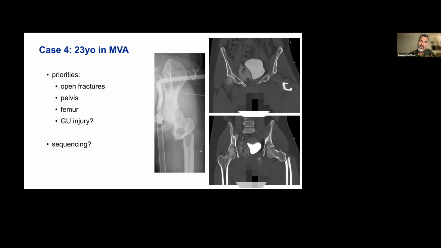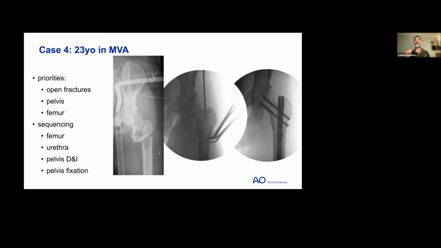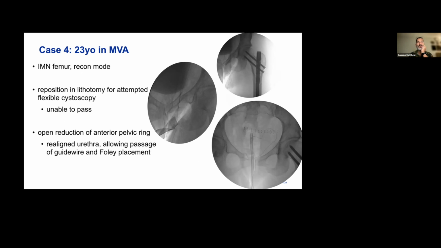So, what about putting her in lithotomy with the femur? And I said, well, we could fix the femur real quick, and then we can work together on her pelvis. They said, all right, let's do it. So this is a little bit of a funny sequence, right? We fixed her femur first, which was not her worst injury, but it made us able to safely put her into the lithotomy position, where they tried to put a retrograde cystoscope in, and then a flexible scope, and still couldn't pass it.